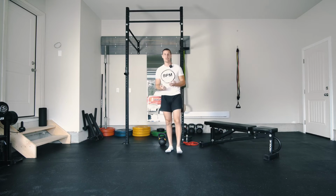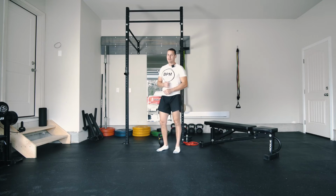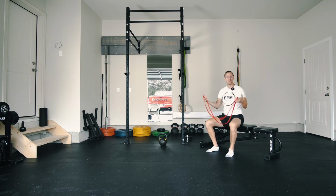I'm gonna show you how to do that with a band. And then some rear foot elevated split squats. Same thing, we might decrease it a little bit to 30 seconds and a 10-second break in between. So yeah, let's go ahead and take a break now and we'll get back into it in a few seconds. Okay, so while you're resting here, grab your little band if you have one, crisscross it around to